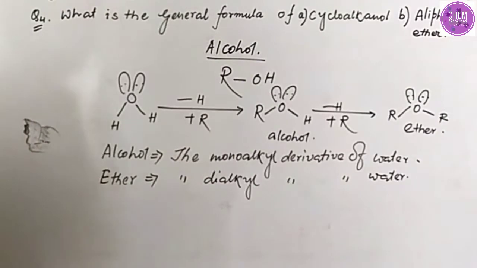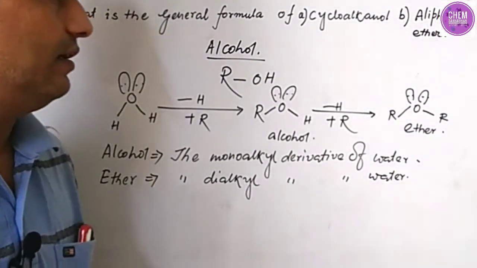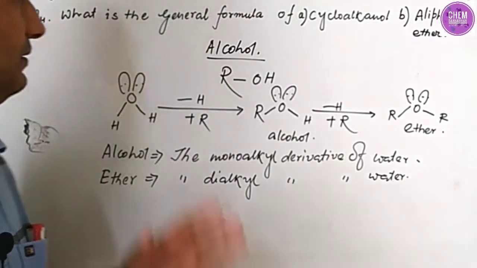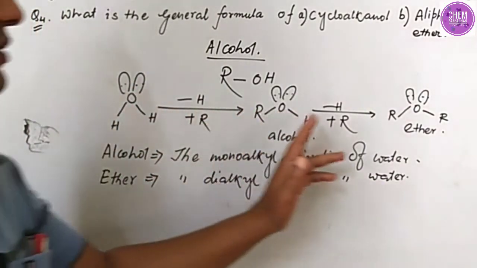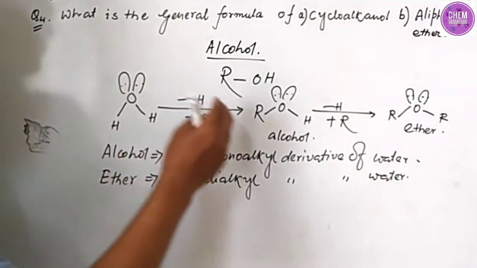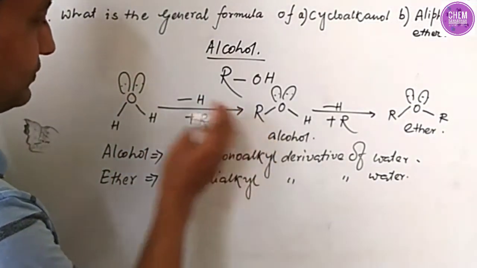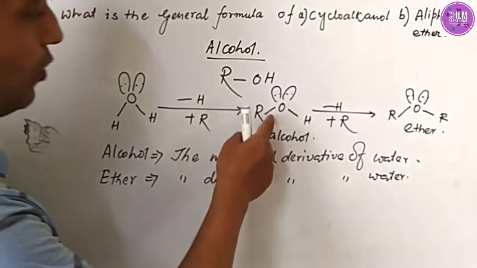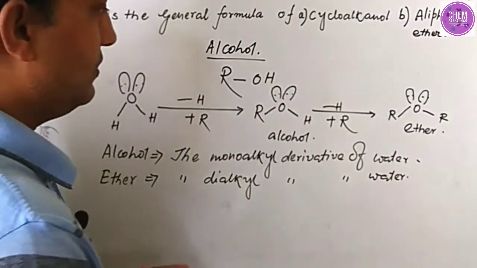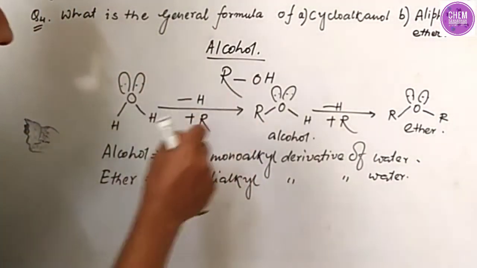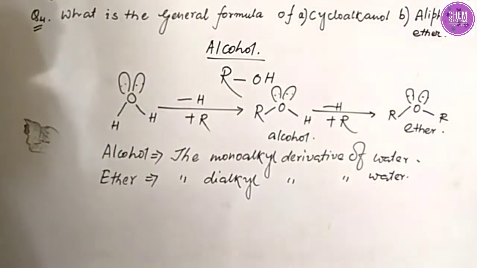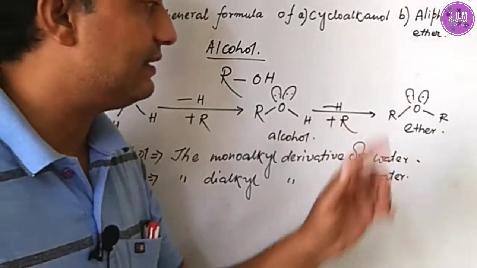So there is an interrelation between water and alcohol or ether, and all these three have the same structure. Same structure means the hybridization of the oxygen atom remains the same and the number of lone pairs also remains the same. But due to the substitution of alkyl group with hydrogen, the bond angle differs a lot because alkyl group is larger in structure compared to hydrogen. So what will be the bond angle relationship?